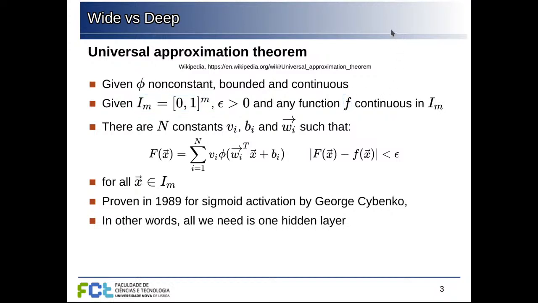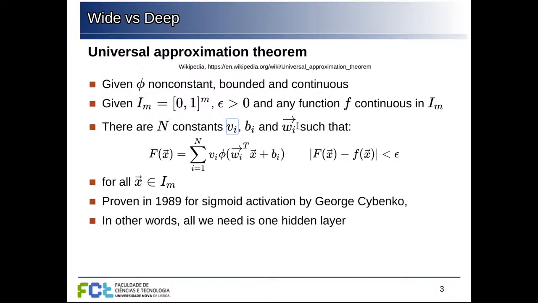In a particular example, it could be a function that gives us the probability of some example belonging to some class, and then in that case the dimensions here would be the number of features we have. But let's suppose that this function is continuous and we are considering this volume here between 0 and 1 in all dimensions. In this case, then we can prove that we can find a finite number n of constants of